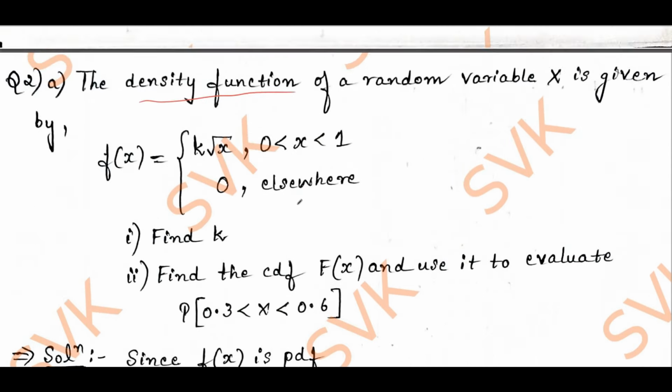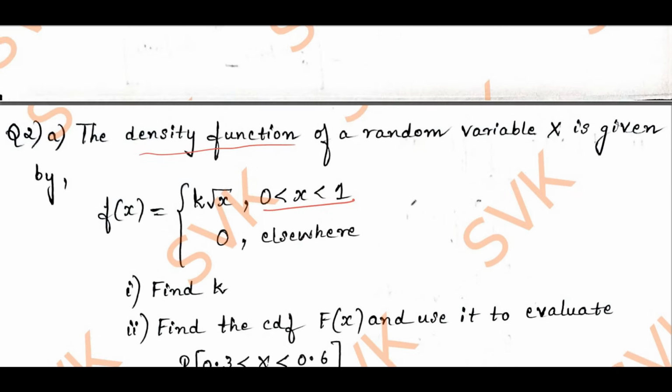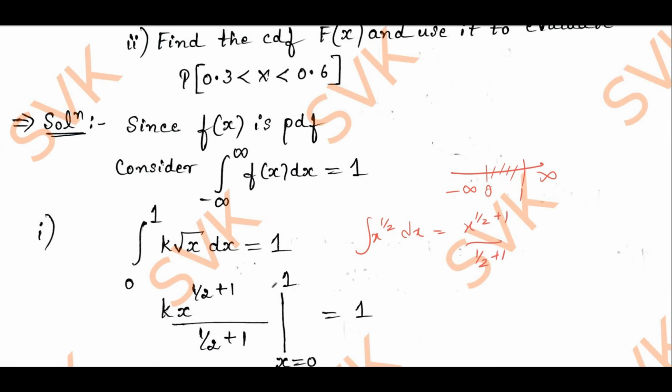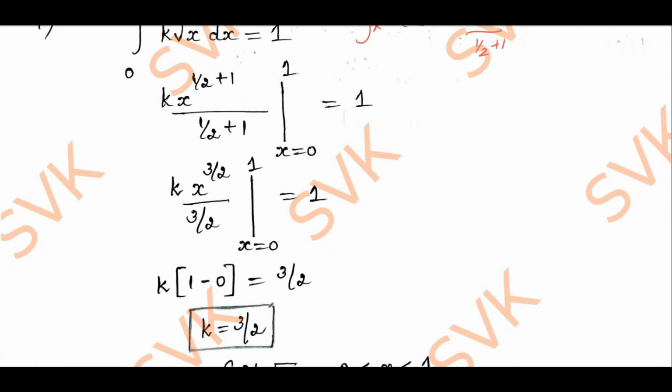the value has been defined only in the range 0 to 1. So apart from minus infinity to plus infinity, the function is defined only in the range 0 to 1. So 0 to 1, k times root x dx. Integrating this, root x can be written as x power 1 by 2. Integral of x power 1 by 2 dx will be equal to x power 1 by 2 plus 1 divided by 1 by 2 plus 1. So after simplifying,